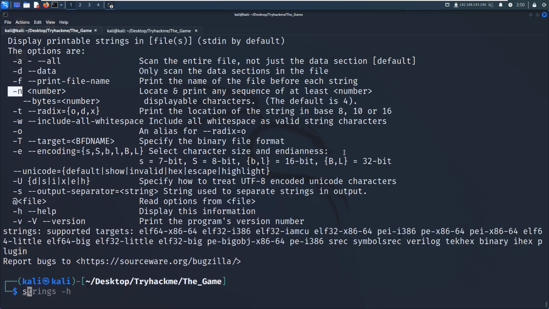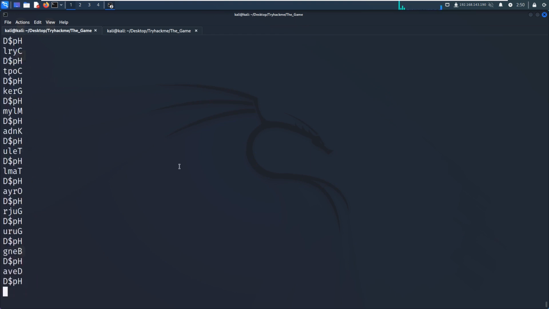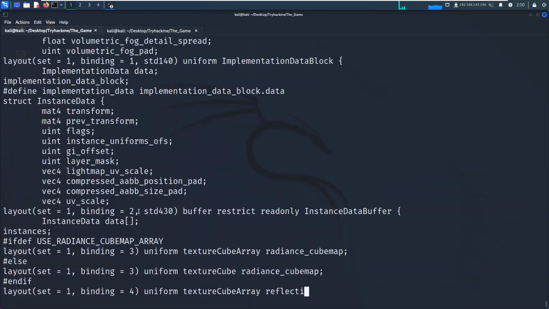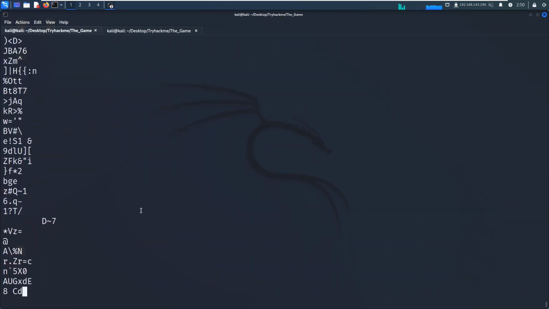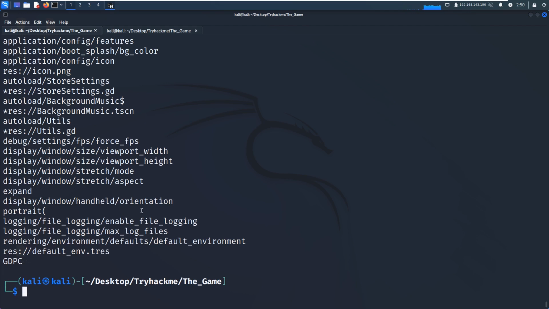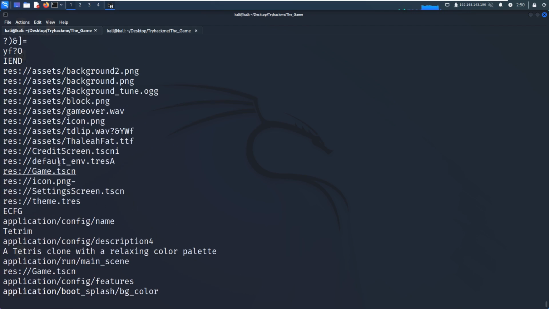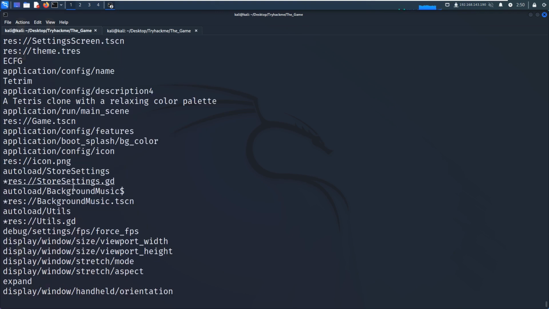So now strings on the executable gives a lot of output. It's very difficult for us to understand or to read its output, okay? So there are things like application, debug,